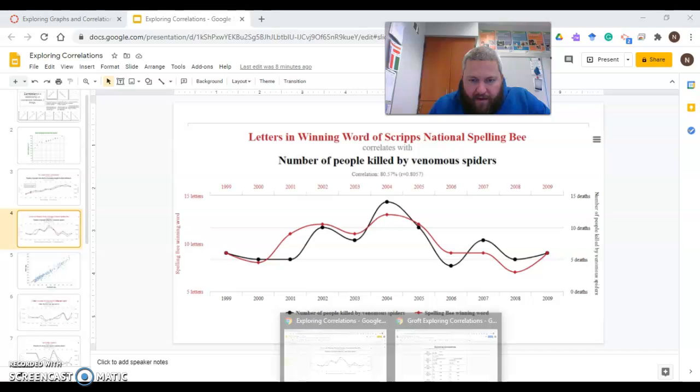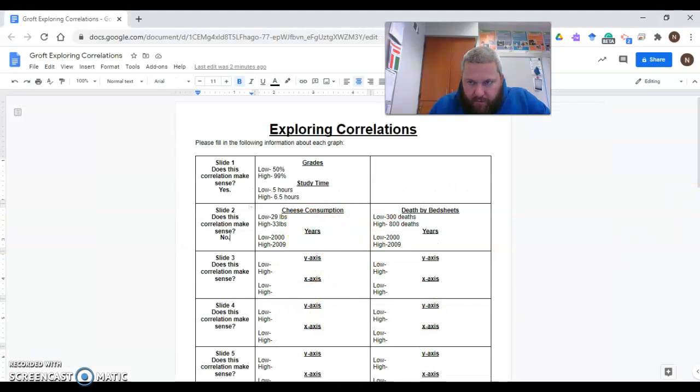So what we can do with that is just finish up 10 of these slides. Just make sure we go back in here and change that Y-axis. So we've got letters in spelling bee, and the X-axis again would be years, and then over here we would have venomous spider deaths, and again years. And we're just going to take our time to analyze these graphs